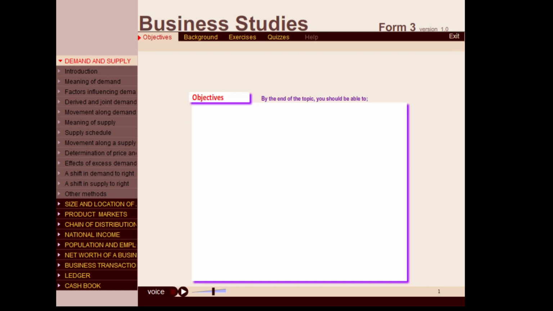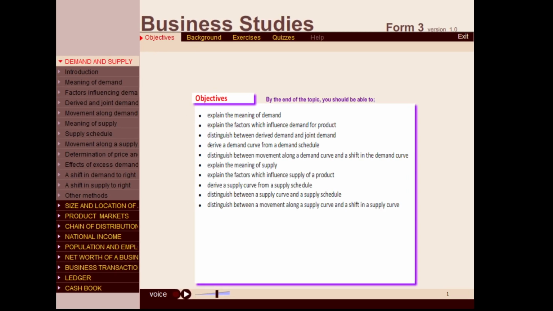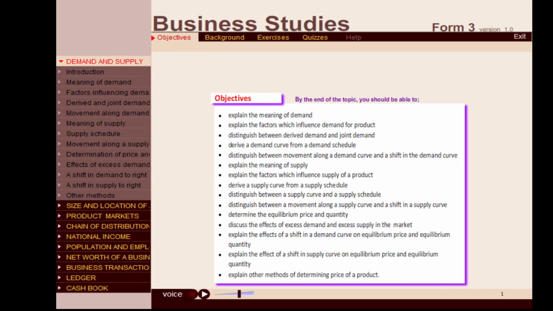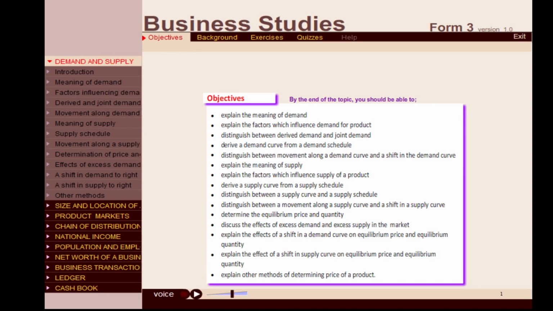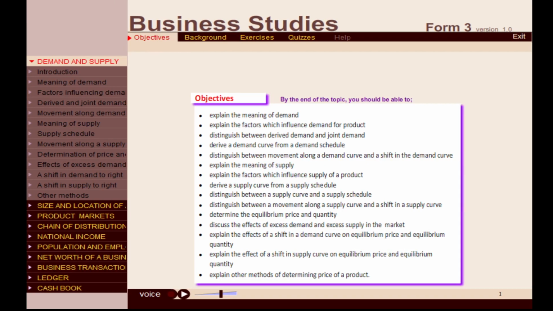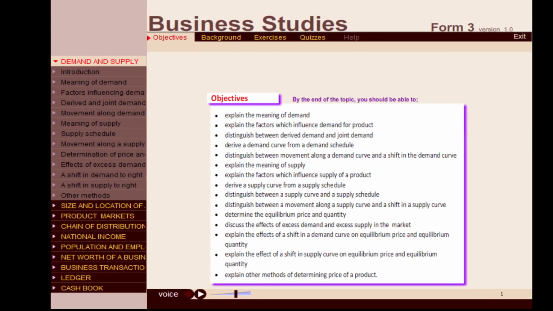Objectives. By the end of the topic, you should be able to explain the meaning of demand, explain the factors which influence demand for a product, distinguish between derived demand and joint demand, derive a demand curve from a demand schedule, distinguish between movement along a demand curve and a shift in the demand curve, explain the meaning of supply, explain the factors which influence supply of a product, derive a supply curve from a supply schedule,